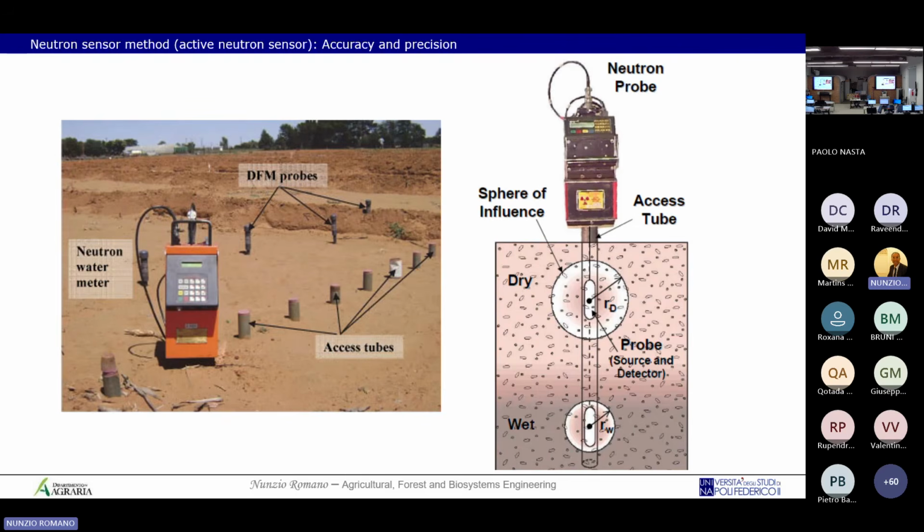It is a sphere of about 40-50 centimeters, or even an ellipse with the greater diameter of